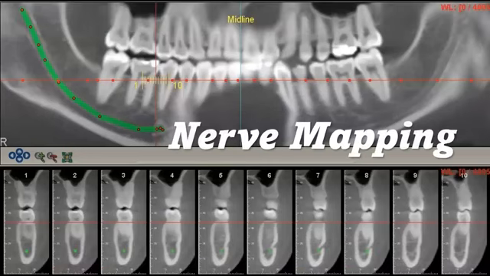The most valuable data that can be achieved from the three-dimensional imaging modalities is the identification of the proximity to the vital structures, be it the neurovascular bundle or the sinus cavities. The accurate nerve mapping is very important for prevention of iatrogenic mishaps during implant installation in the anatomic zones. Now, what exactly are these anatomic zones? We'll show you in a bit.